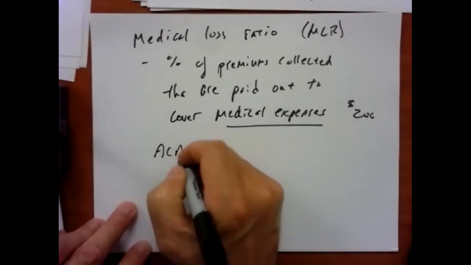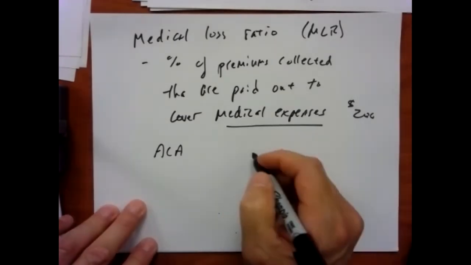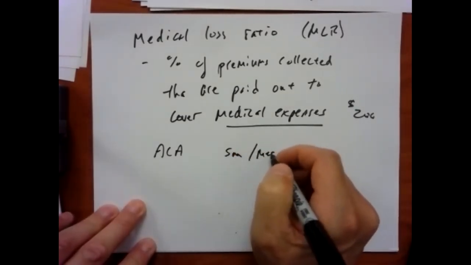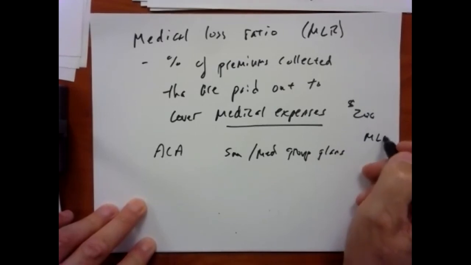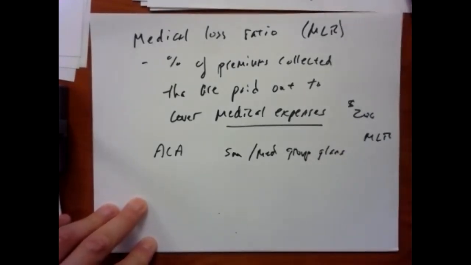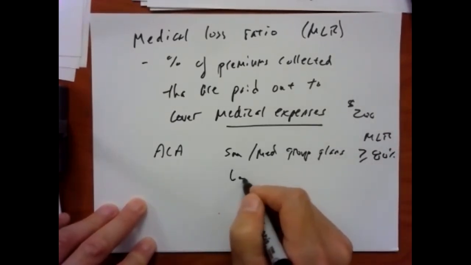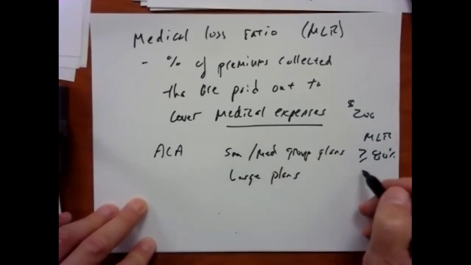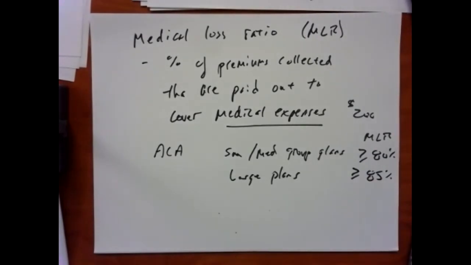And the ACA, right, the Patient Protection and Affordable Care Act, otherwise known as Obamacare, said that small or medium group plans have to have an MLR of greater than or equal to 80%. Large plans have to have an MLR of greater than or equal to 85%. So what that means is